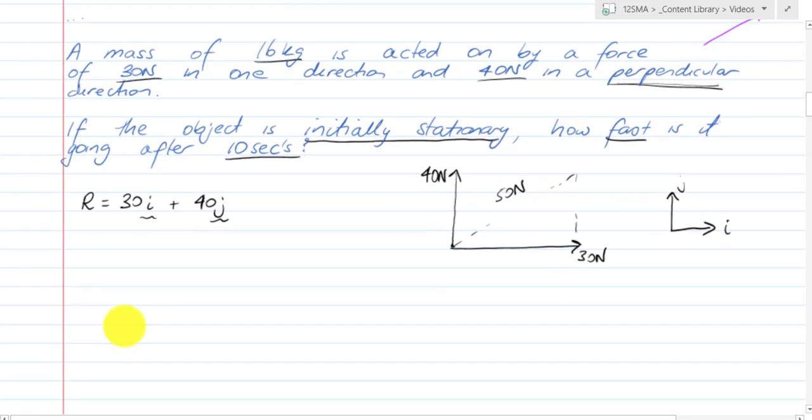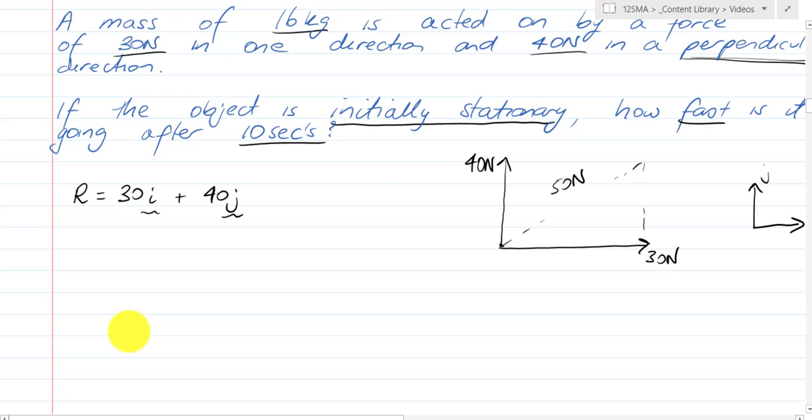I'll zoom in on this now. 30i plus 40j is my resultant force, and of course that means that ma equals 30i plus 40j, which means that 16a equals 30i plus 40j, which is nice. 16 is not as nice a number as I could have chosen, I suppose, but a, which is a vector, so I should put that a there. m is a constant, it's a scalar mass, but my a is a vector,